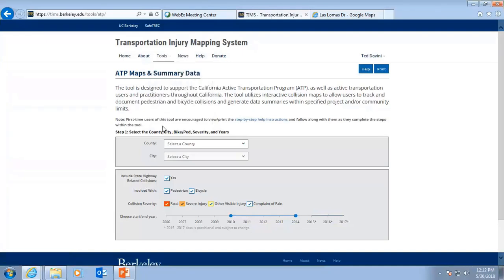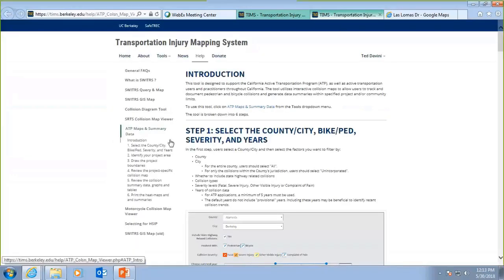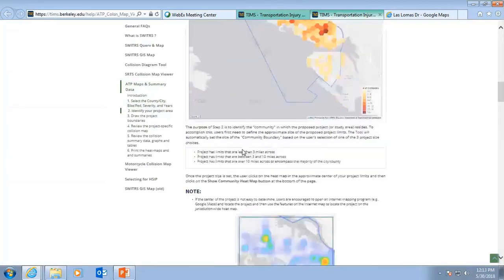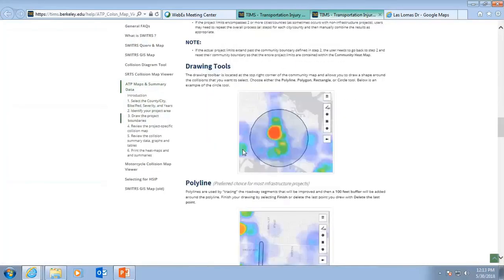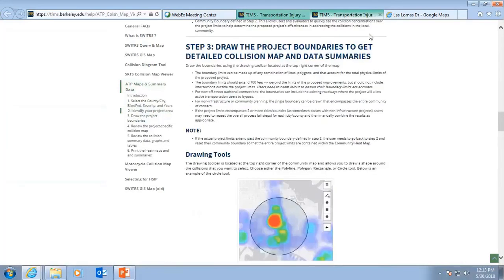Okay. From here, the first thing I want to point out is if you're a first-time user, as noted right here in this note, we recommend that you view and or print the step-by-step instructions that are available. You can click right here and get to these instructions, or you can click the Help menu right here, and a separate tab opens up, and then you can see all of these detailed instructions that let you know what's going on in the tool. All right, so I'm going to close that extra tab here,